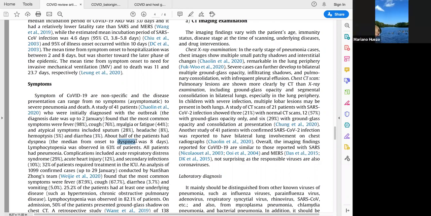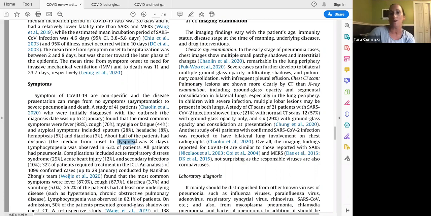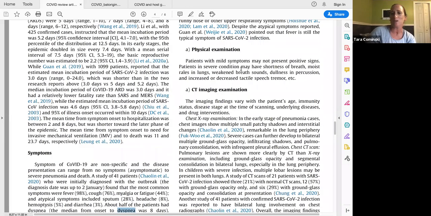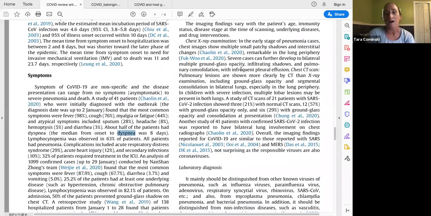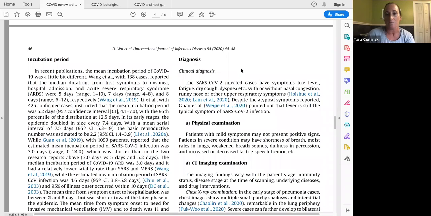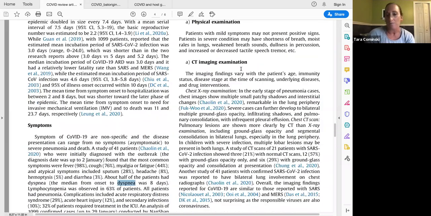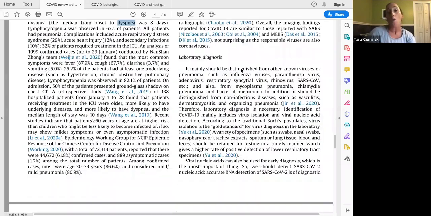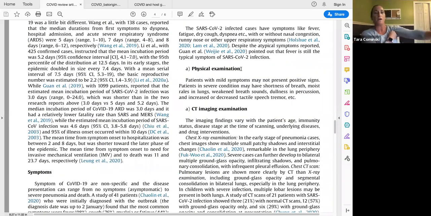Yeah. The other thing is too, they still say that fever is one of the number one symptoms, although again, there are many patients with mild symptoms who probably never developed a fever. And a lot of places will take your temperature and stuff like that. So based on what they say here, that still is one of the main symptoms. Anyway, I hope you guys learned a little bit from this.